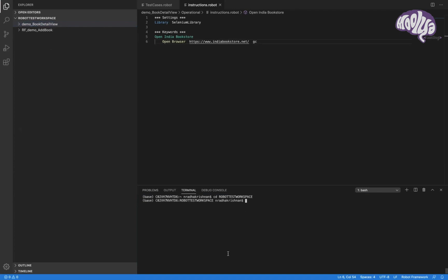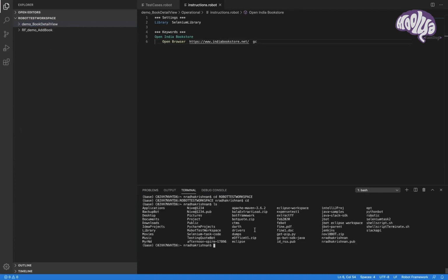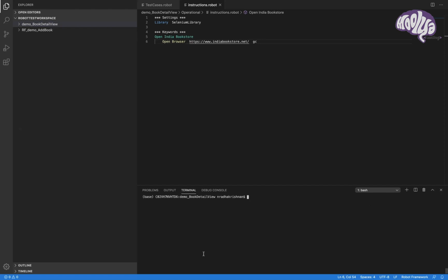Under this is my project which we created now. Let's go inside this. Here is the command to run a robot project: just say robot. There are a variety of different commands you can follow, but as of now, let's give a very basic command.